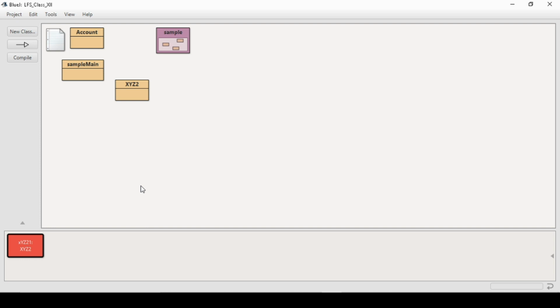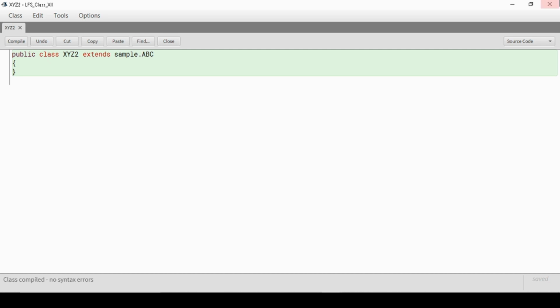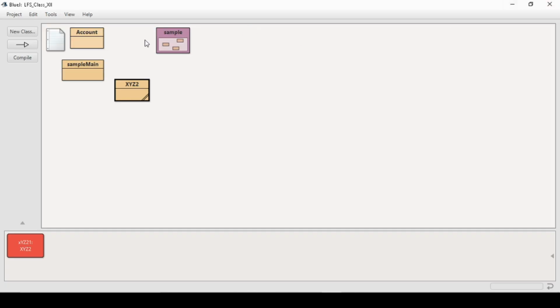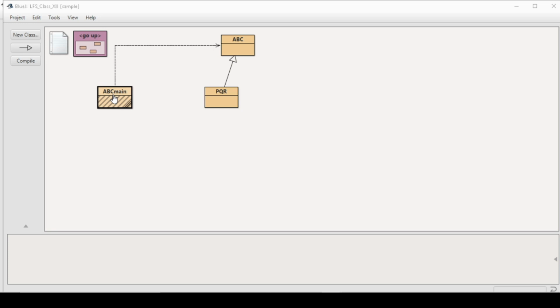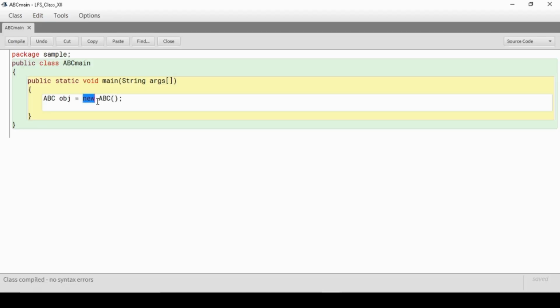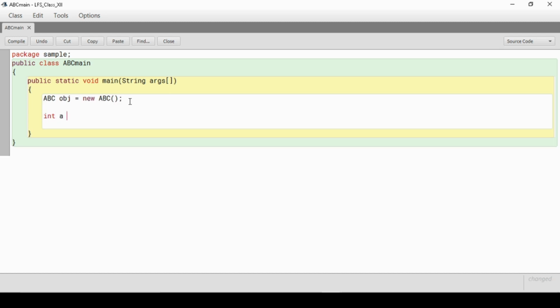Now, static memory allocation and dynamic memory allocation, what they are. If we are creating an object, we have to create it with the help of the new keyword. Let's see where I have created an object. I think here I have created an object, and whenever you create an object, to take any space for the object, you have to use this new keyword. So whenever you are doing it, it's dynamic memory allocation. But if you are simply creating a primitive variable like this, it will take space as soon as it is executed. No need to call any new keyword. So this is static memory allocation.